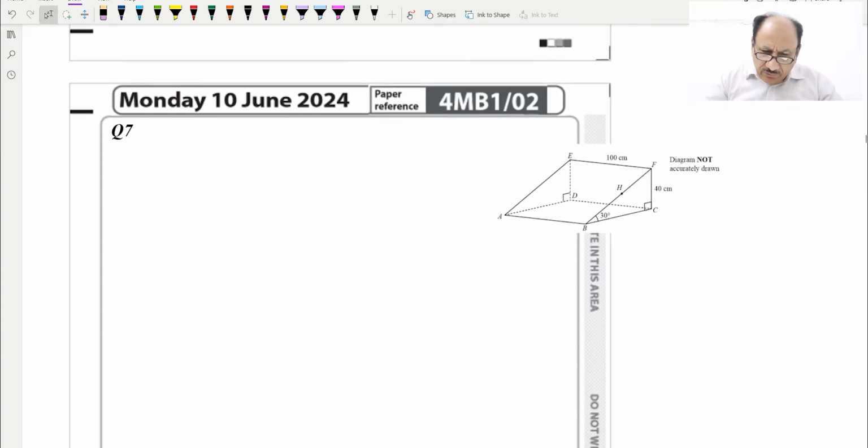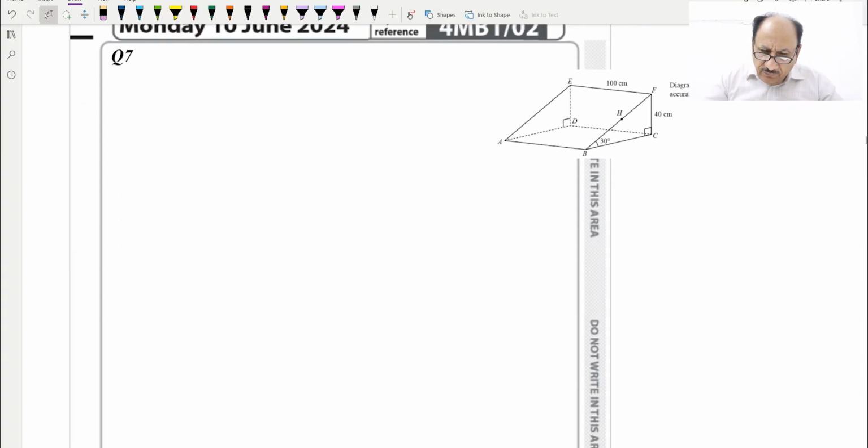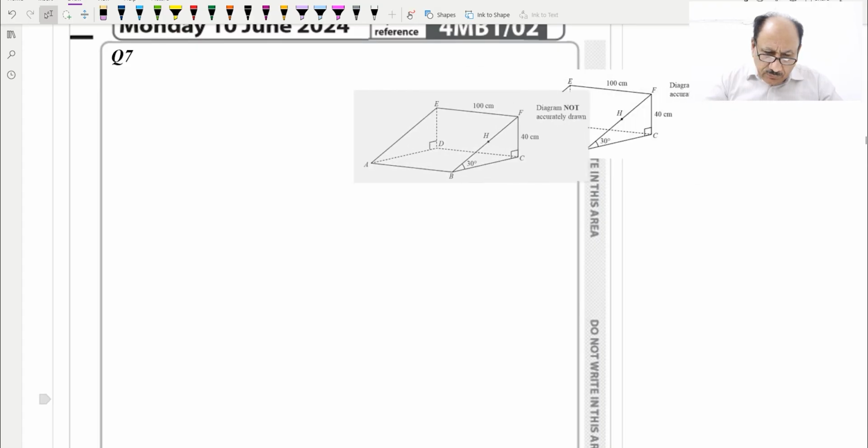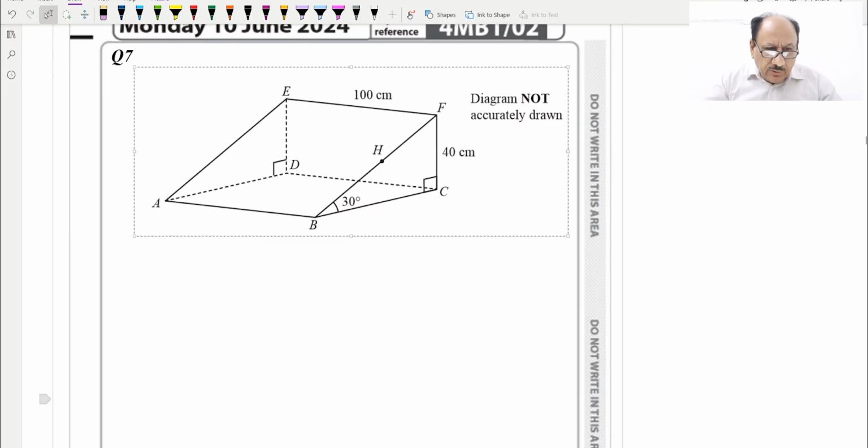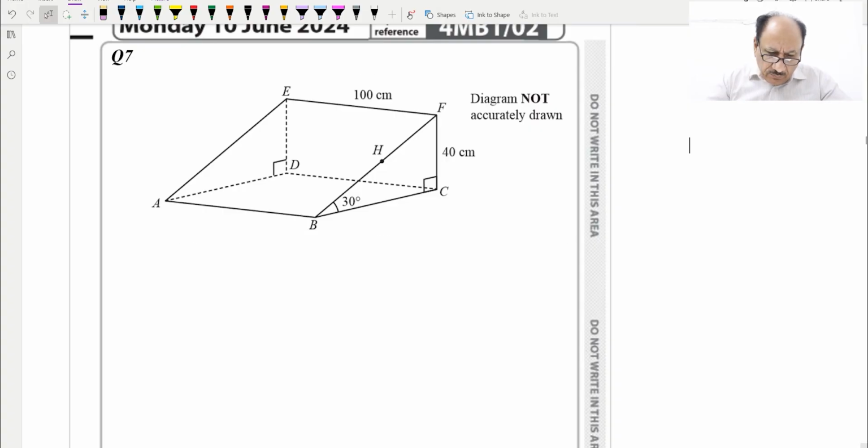Question number 7, we will be referring to this diagram, and this is also a little tricky question because this is a 3D diagram which you need to understand properly and conceive. So 3 marks for part A and 5 marks for part B. For part A we will first go through the question. They are saying